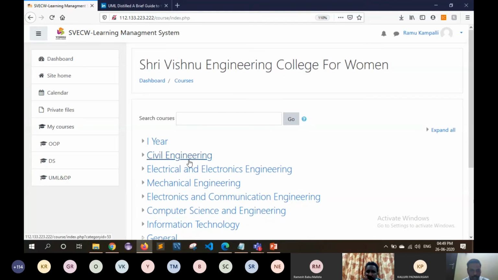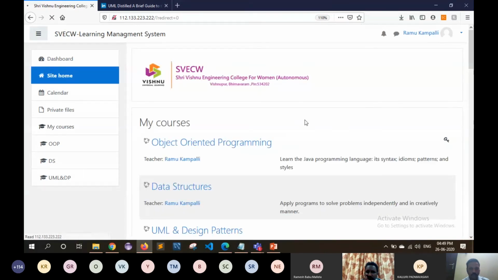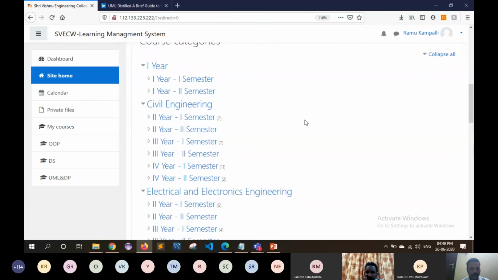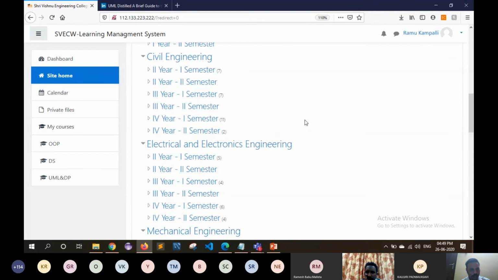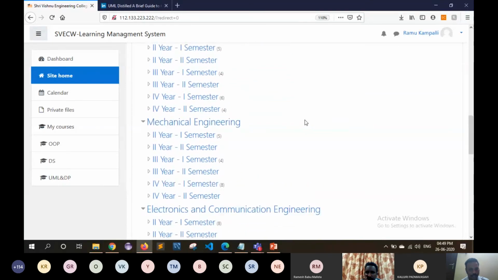This course categories list is commonly displayed to all different types of users. If you go to the site home, irrespective of the roles of the users, the course categories are displayed by default. But even though they are displayed, no user can enroll into the courses. Just for the sake of showing how many courses are available in our Moodle, we are displaying the categories list here, to publish the information to the users.